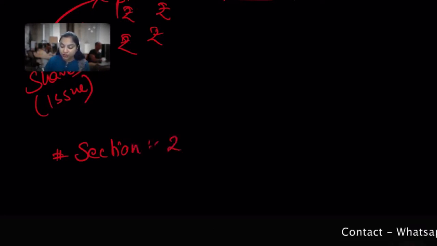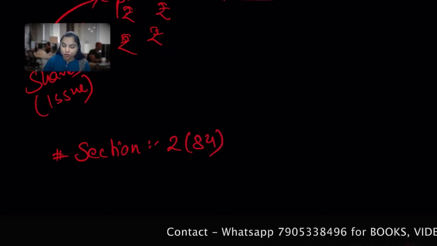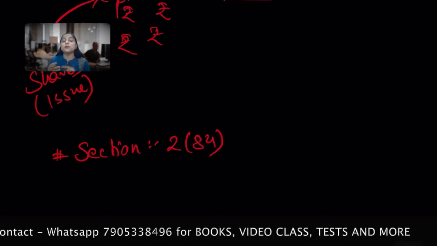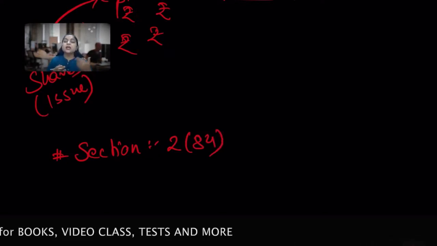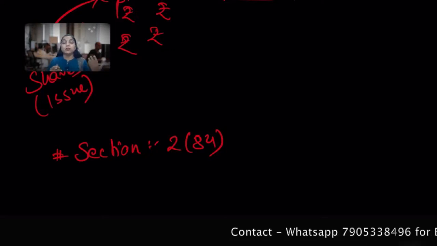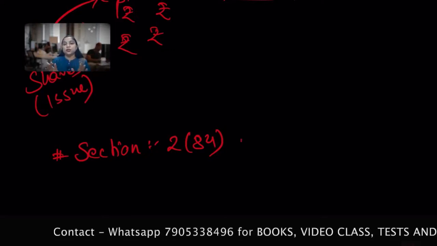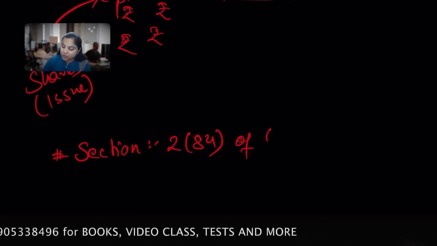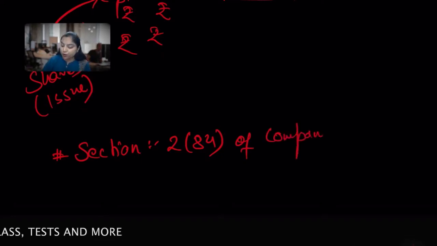And a few I'll try to give you more value additions as compared to the books, because classes are all about value addition. So section 2 subclause 84, and it is not mandatory to memorize the section. If you know, write it. If you don't know, please don't write the wrong one. In case of wrong there will be a deduction, but in case of no writing there is no deduction nor additions.